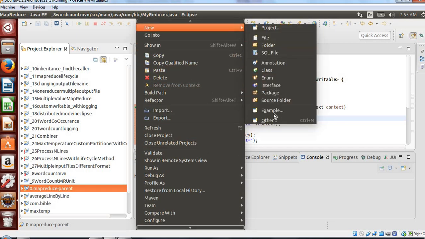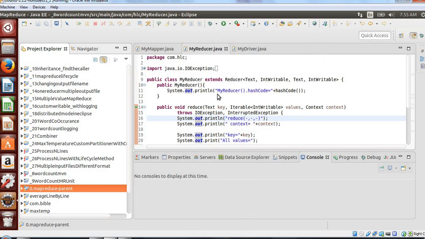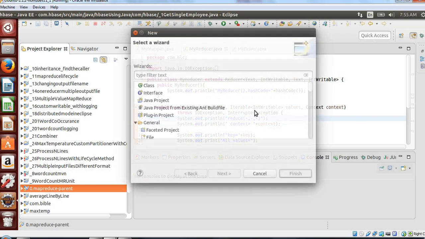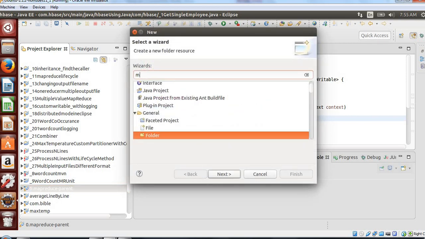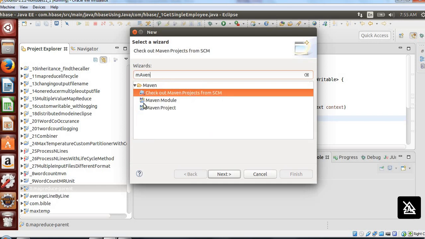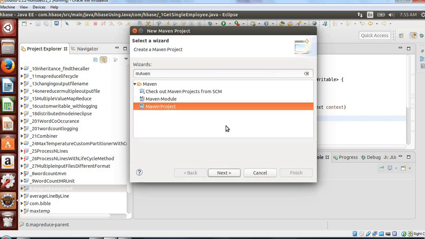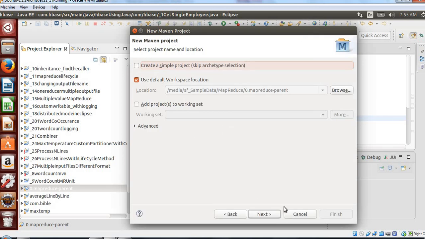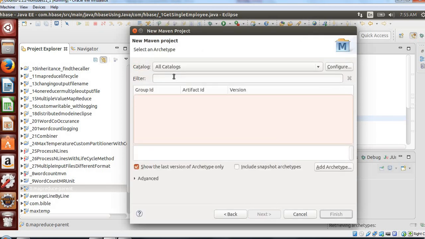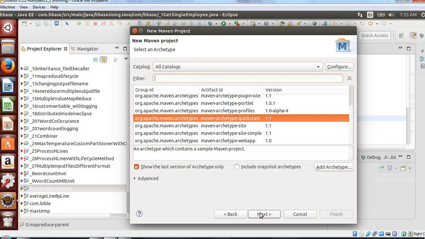Go to New, Other, type Maven, select Maven project, next, next.